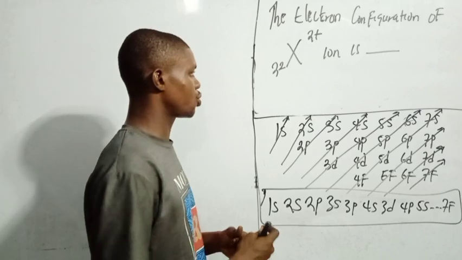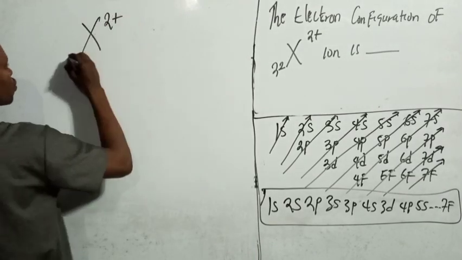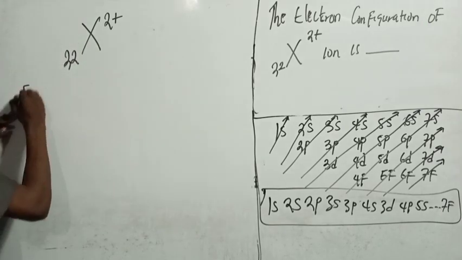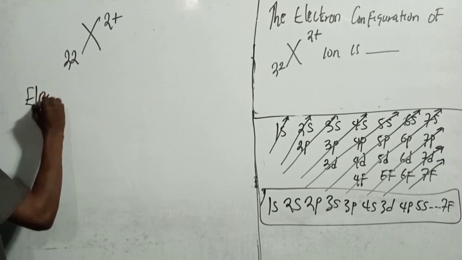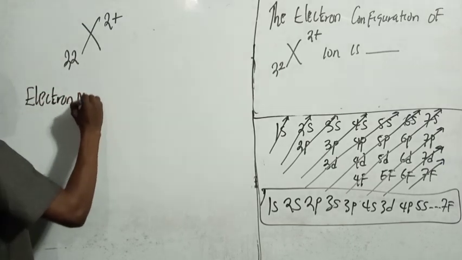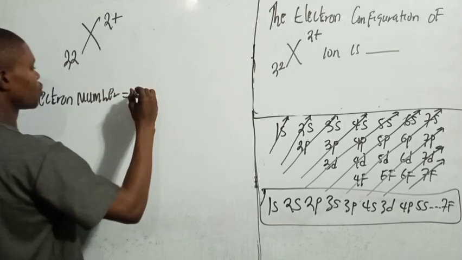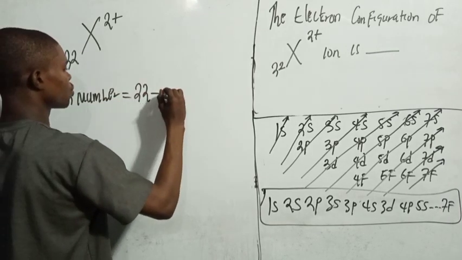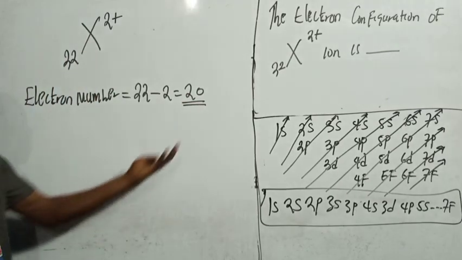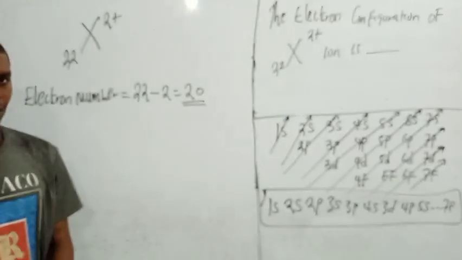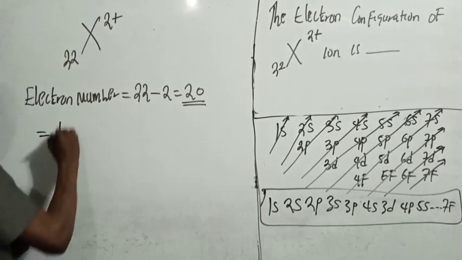It is the electron number that you use. So if you look at this one here, X 2 plus, 22. The electron number is going to be 22 minus 2, which is 20. So I want to use 20 to write the electronic configuration. So let's write the electronic configuration. Here we start with